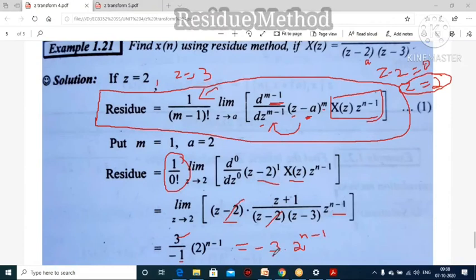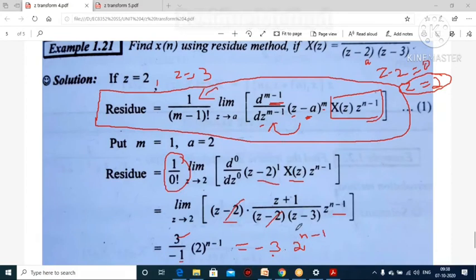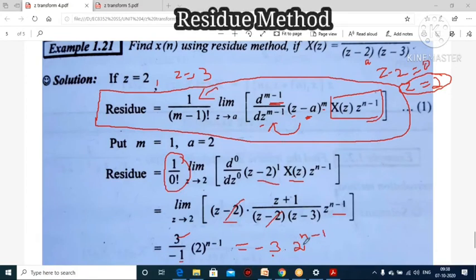Suppose in the base, these two base values are equal, it means you just add the exponent terms. But in this problem, the base is not equal. It is a separate value, minus 3 into 2 power n minus 1, so no need to add here. In the previous problem, the base was equal, so you just write down the common base and add up the two exponent values. But here minus 3 represents that the base is different, so no need to add the exponents. Right. So minus 3 into 2 to the power of n minus 1. This is your result.